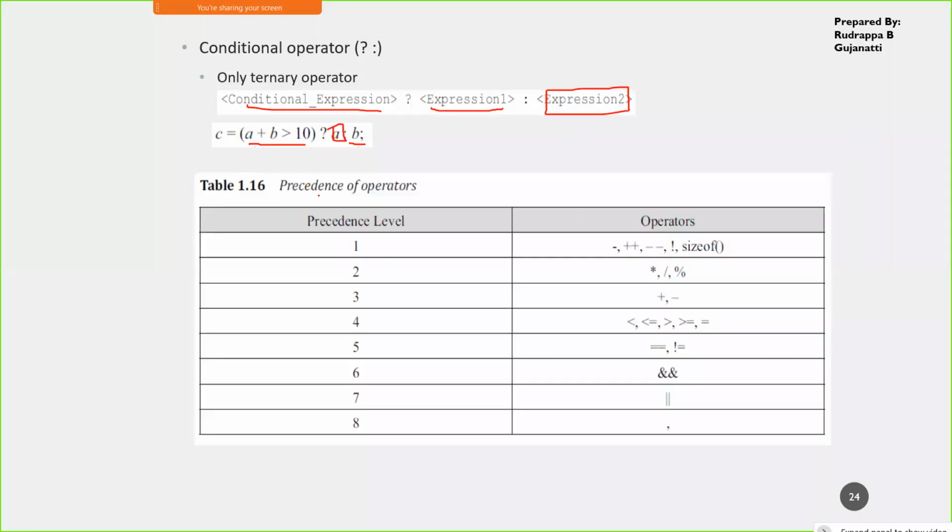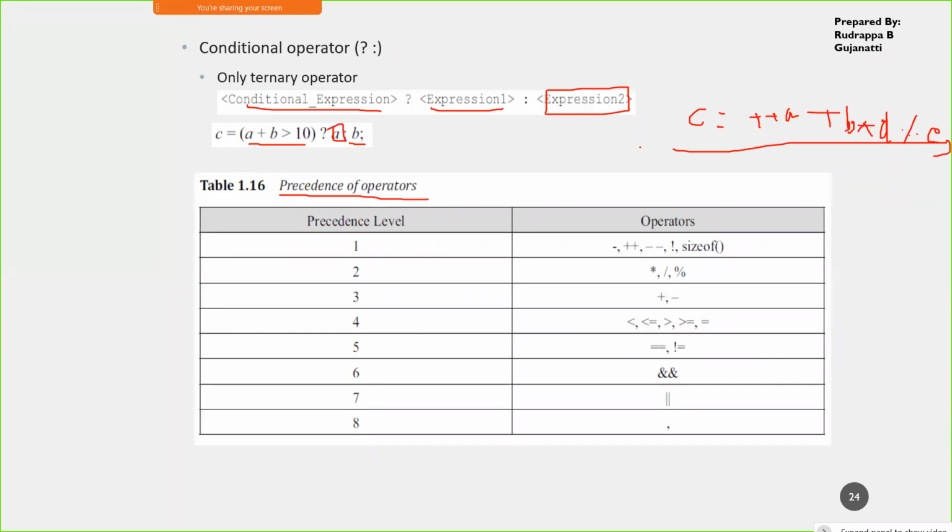Next we have the precedence rules. In many conditions, it might so happen that you have something like plus plus a, then plus b, then multiplied with d, then a division operation with e. You can have all the operators together, depending on the correct expression you provide.